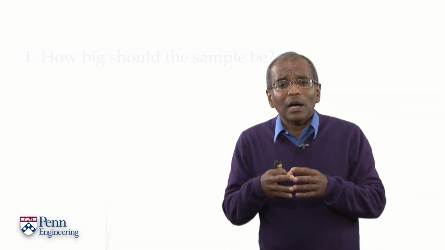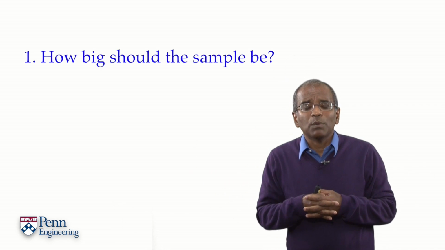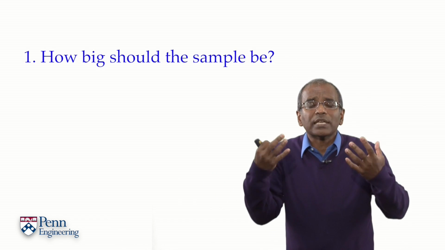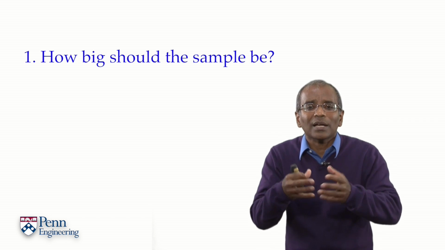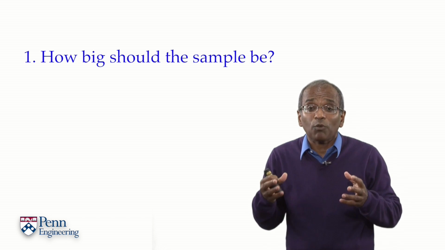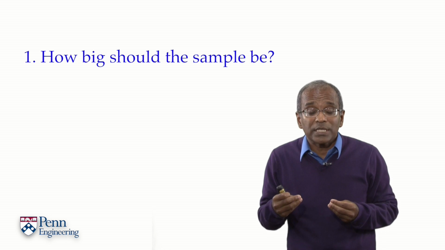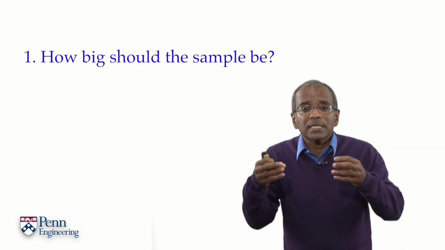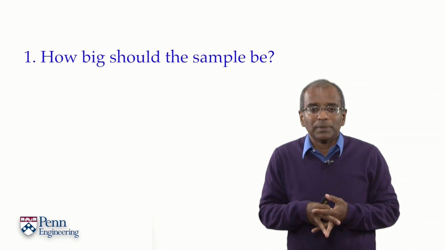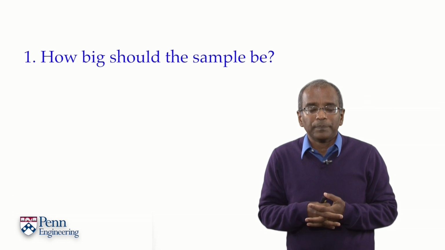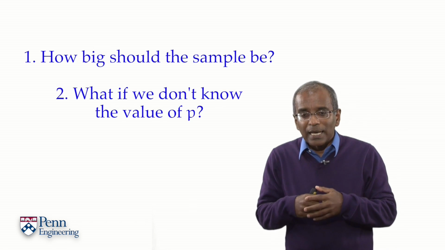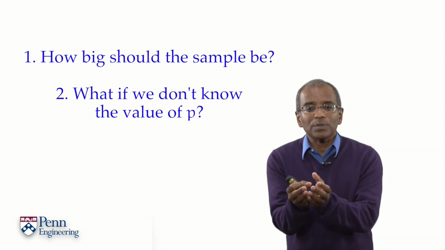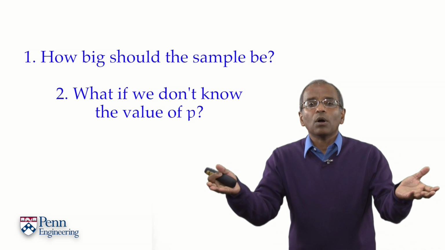Here are a couple of questions. One, how big should the sample be before we get an adequate guarantee that we don't get a statistical fluke in our testing? Of course, this is really a million-dollar question. We really need to understand something about the size of the sample and how it's going to play into the game. A second objection the students might have is that the analysis assumed that 1 in 4 cows were going